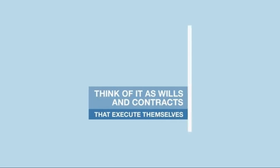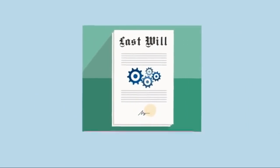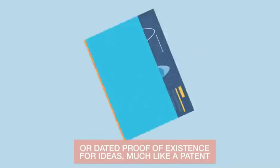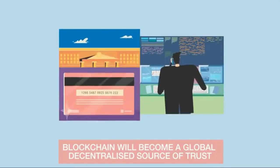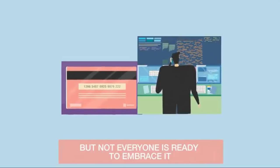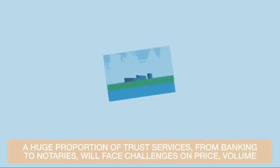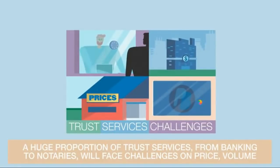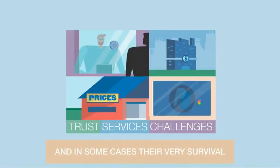Think of it as wills and contracts that execute themselves, or dated proof of existence for ideas, much like a patent. Blockchain will become a global, decentralized source of trust, but not everyone is ready to embrace it. A huge proportion of trust services, from banking to notaries, will face challenges on price, volume, and in some cases,